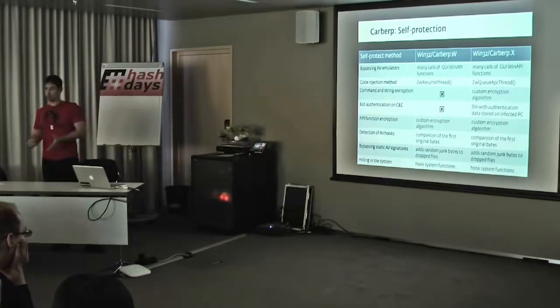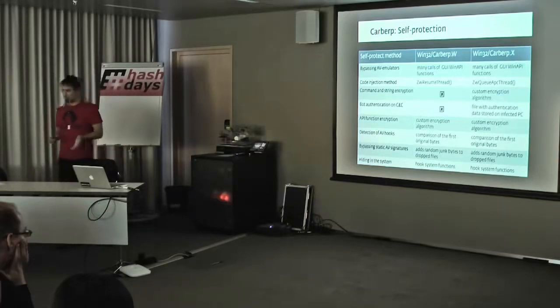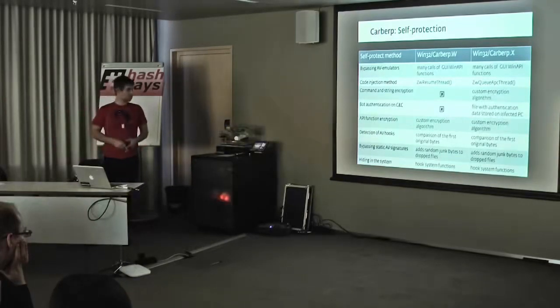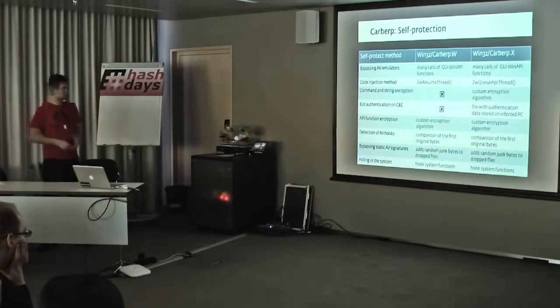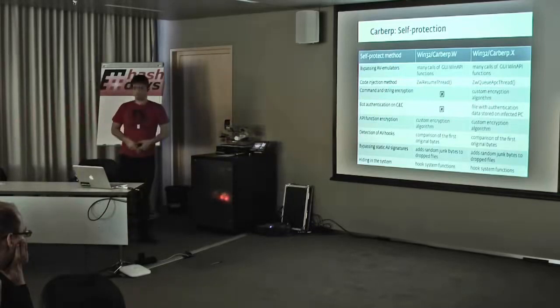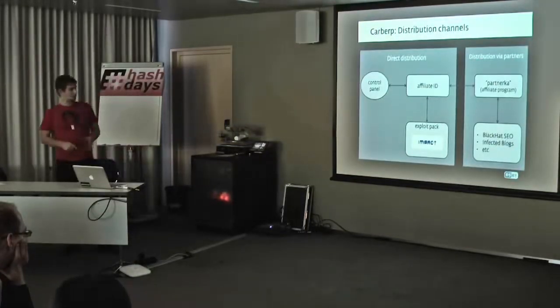It would do a better job of authenticating on the CNC, so it would be much harder to infiltrate the botnet and carry out an investigation. And a couple of other tricks employed as well. Some basic rootkit techniques for hiding in the system, detecting the hooks installed by AV engines and uninstalling them, unhooking, and stuff like that. Now, as for the distribution, the bad guys either handle it themselves, so they distribute directly